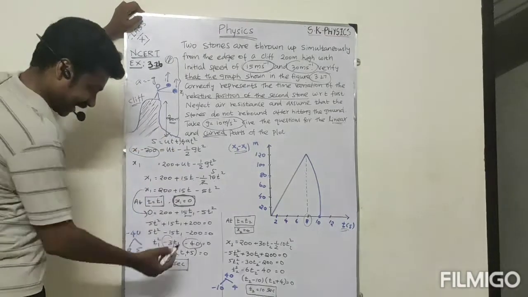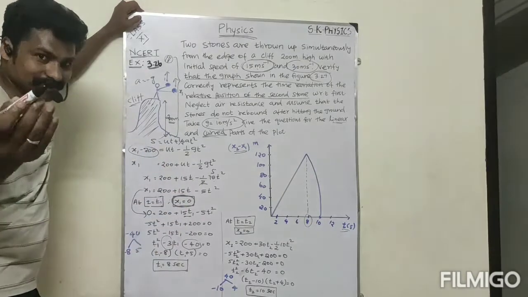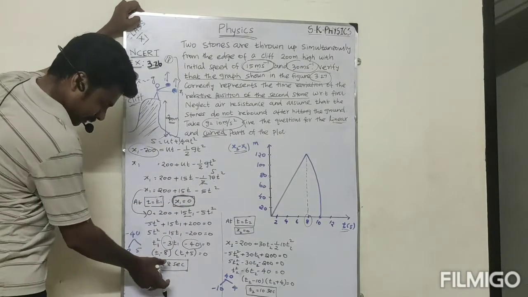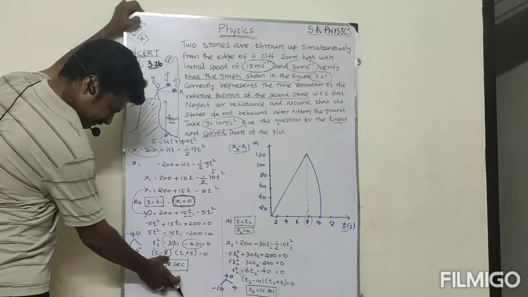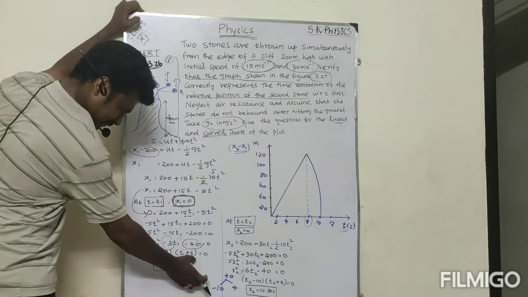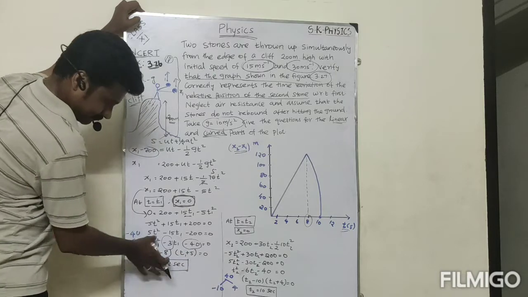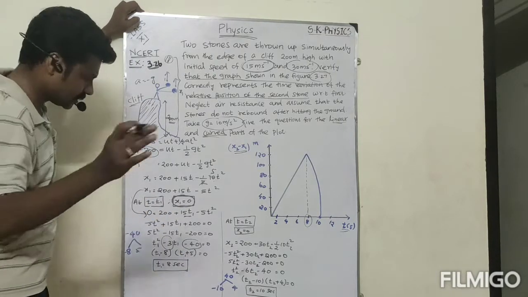So I can write from the algebra, you know. So in the factors method, okay. So t1 minus 8 into t1 plus 5. Okay. So